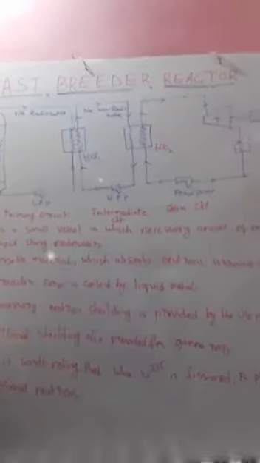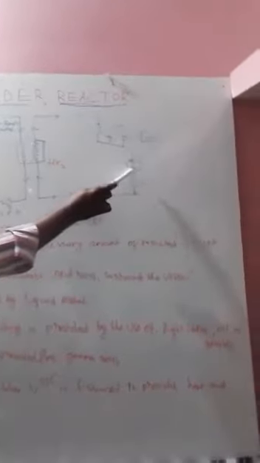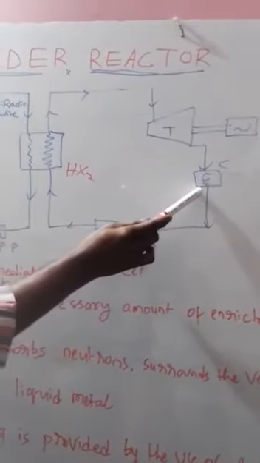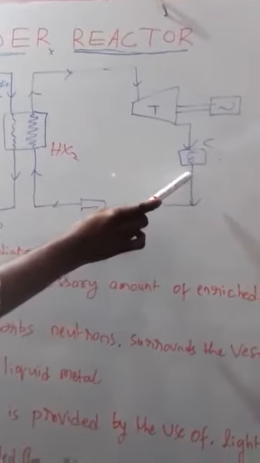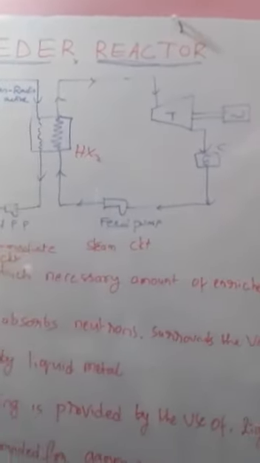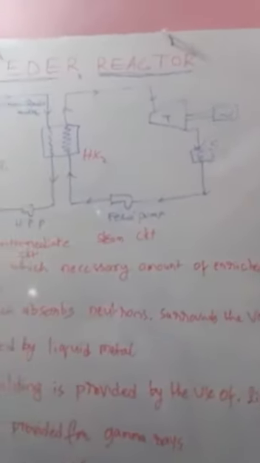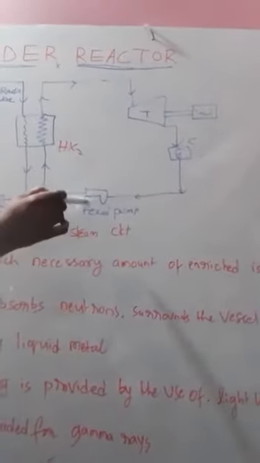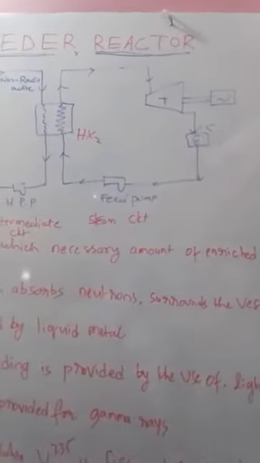After producing work, low pressure and low temperature steam enters the condenser, where it rejects the latent heat of condensation to the circulating cooling water in the condenser. So steam will become liquid. That liquid is also called condensate, and comes to the feed pump, and the feed pump pumps the water back to the steam generator. In this way, steam water or working fluid will circulate in the steam circuit.